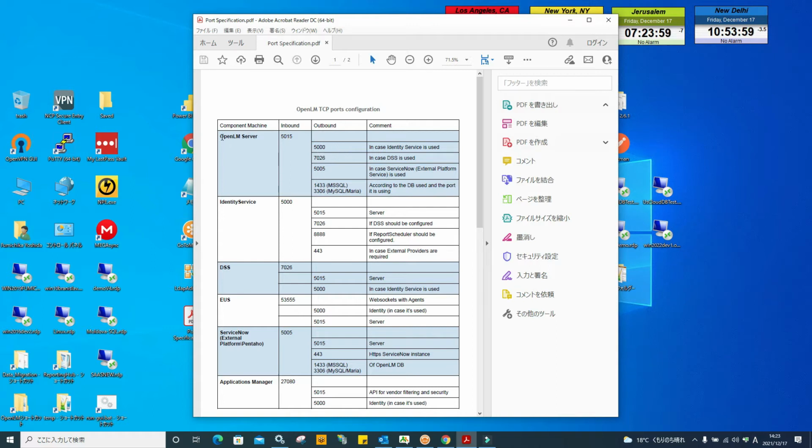So, for example, the OpenLM server machine is getting data. Inbound means incoming data. So 5015 is getting the incoming data and then sending out data from the outbound port. 5000 is the identity service, and then 7026 is the DSS, something like that. So if you are using this component in a different machine, you have to open up the ports